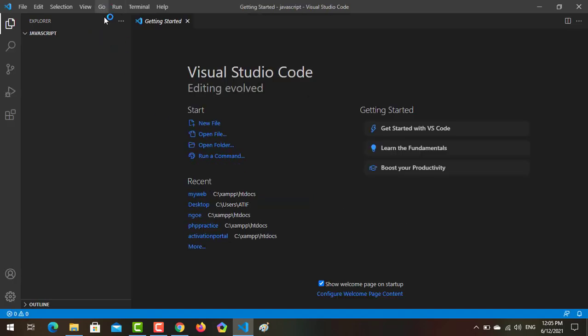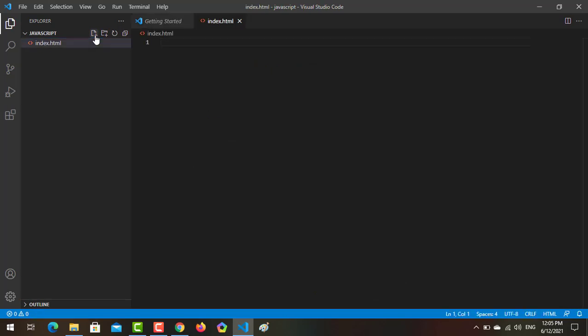Now we have to create a new file and name it index.html, as in the previous videos. We are giving the same name and assigning it to the JavaScript programs.